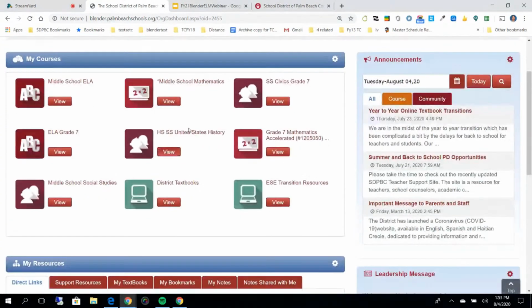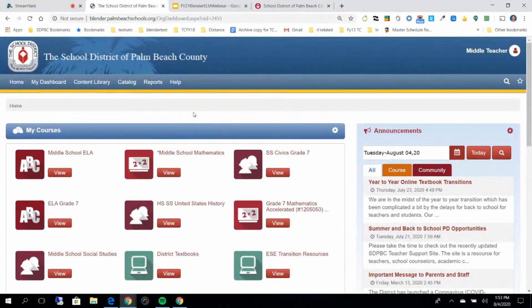But for this initial part, if you've logged in, if you have classes that you're assigned to teach, I would hope that you'll see them early in the year. Until that point, any teacher, any instructional support person who has a Blender account can come in and actually add to your own courses on your homepage. So if you're a substitute teacher and you know you're going to be teaching a series of math courses this year, not a problem.